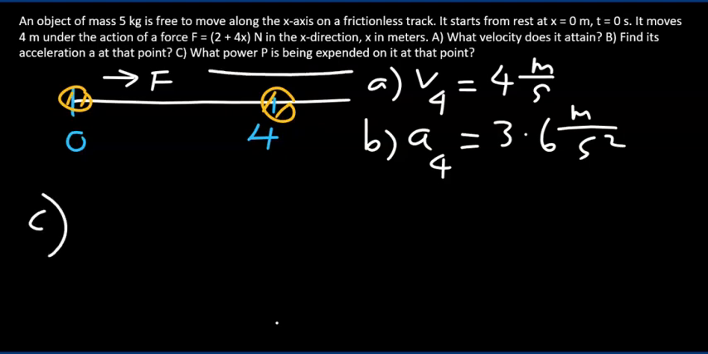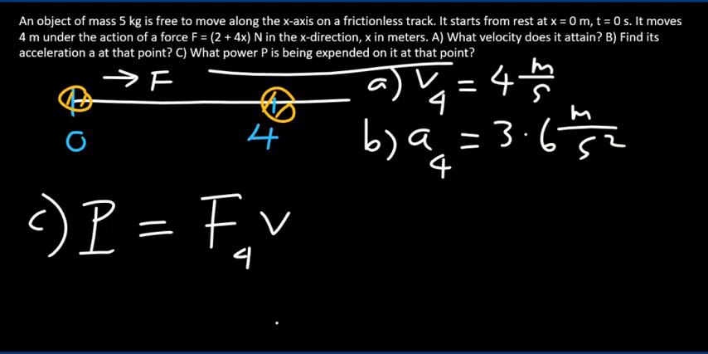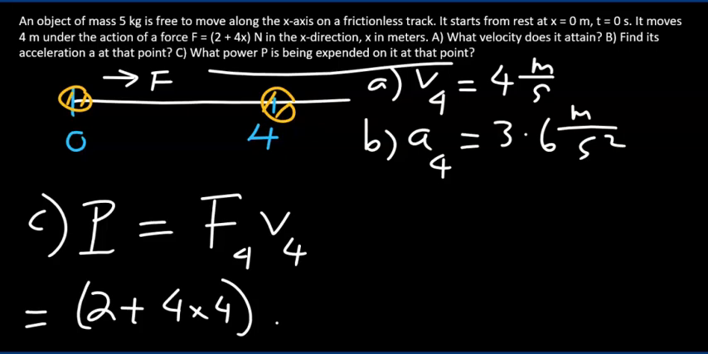What power is being expended on that object at that point? Now power can be written as a product of the force at that point times the speed at that point. So the force at that point is given by 2 plus 4 times 4, again using that equation. The speed at that point is given in part A as 4 meters per second, and together we can compute